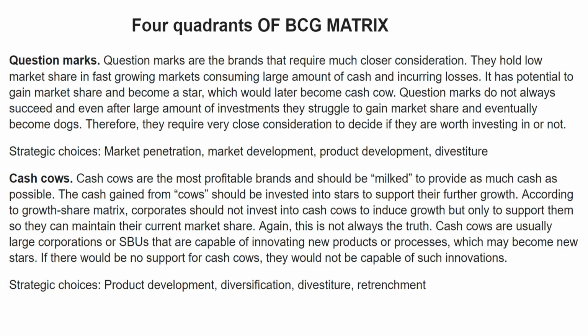So although it is always suggested that the company should not invest much in cash cows, only the amount that can maintain their current market share and growth, cash cows are also capable of innovating new products or processes. If the company does not invest in them, they would not be able to make such innovations. So the company should not completely avoid investment, but should always look for new opportunities and innovation. The strategic choices used here are product development, diversification, divestiture, and retrenchment. Retrenchment is a process in which you completely eliminate the goods and services that are not profitable